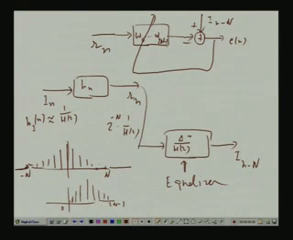If this equalizer is trained properly, it will approach the equalizer Z to the power minus N by H Z, and therefore the output will be a good estimate of I n minus capital N. This is called adaptive equalization. There are many other